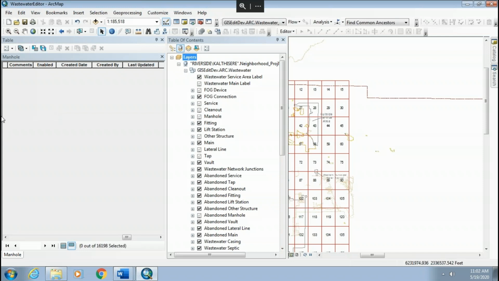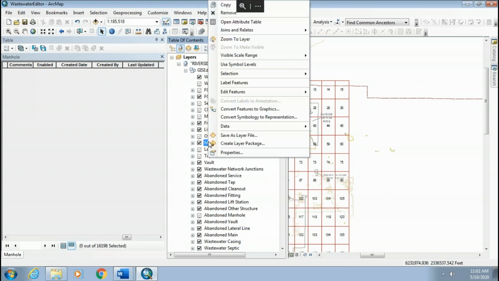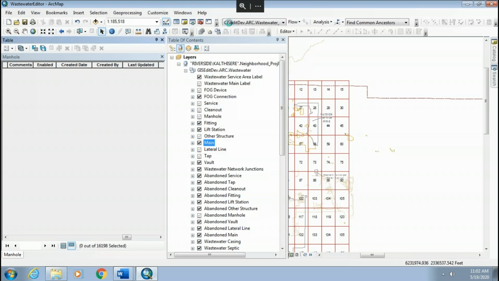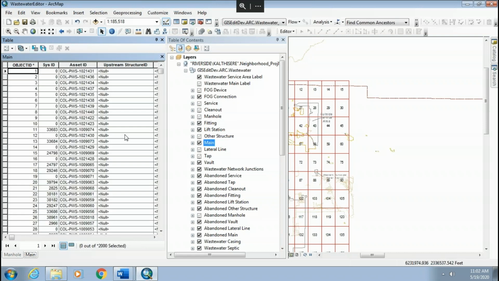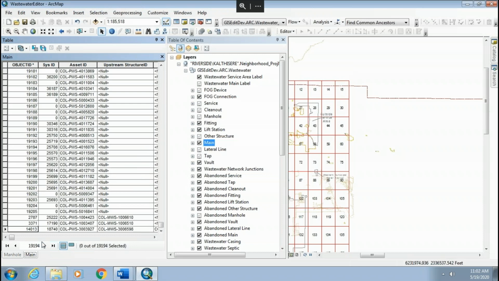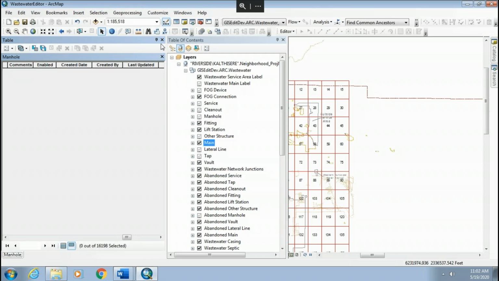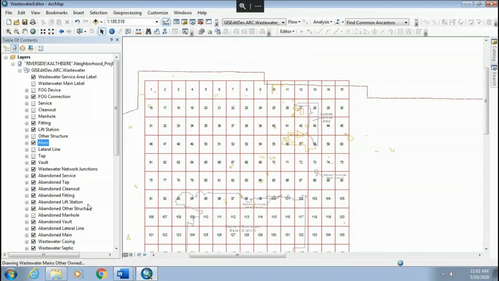So the next question, question number 3, is how many active mainline features are intersected by wastewater map grid? 54. So with that, we can open up the mains attribute table. Okay, and then, well, actually we're going the other way. We're actually opening up the